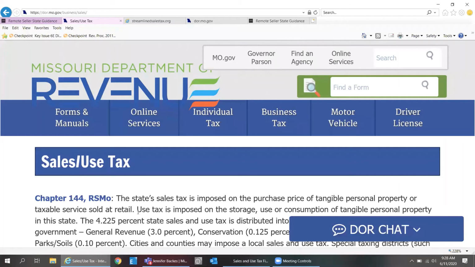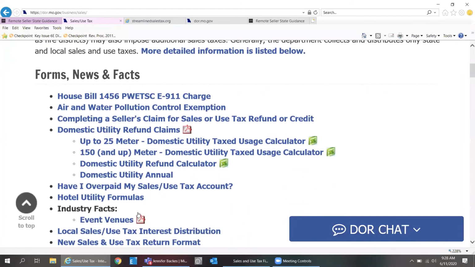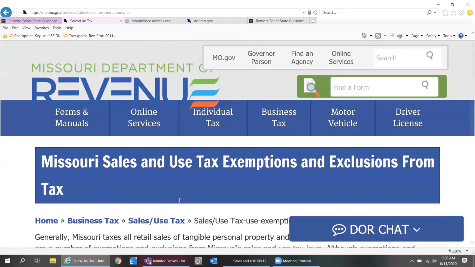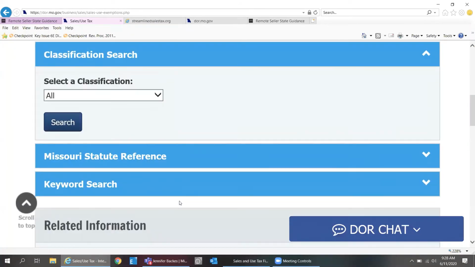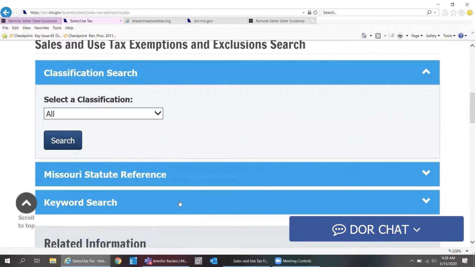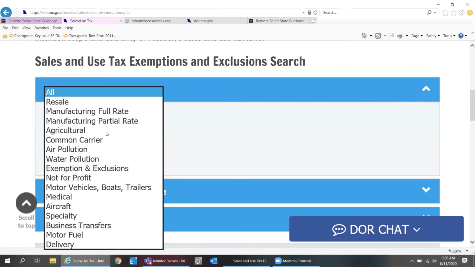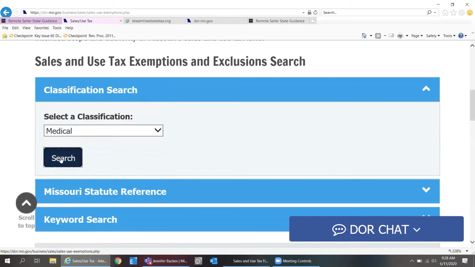Sales and use tax. Sales and use tax exemptions. So this one's really handy. I don't know if every state has it quite as nice as Missouri does, but you can go in here and select something. So maybe what you're wondering about is related to medical products. You can hit search,